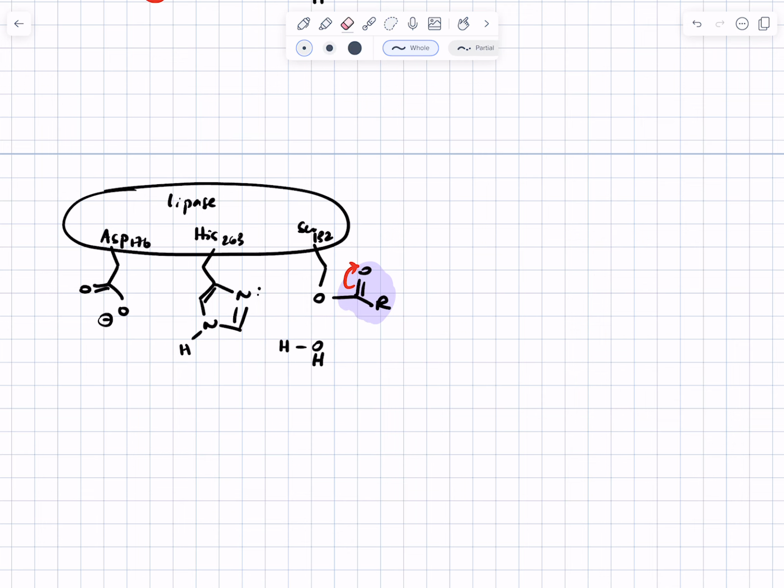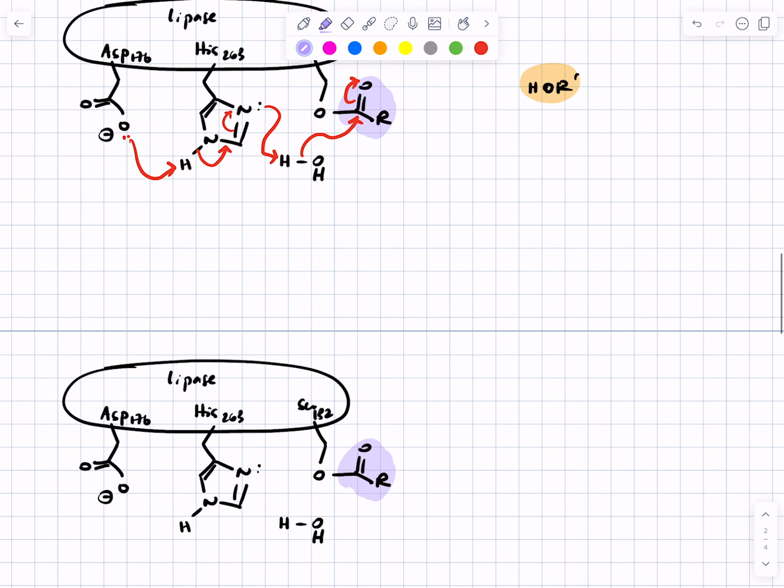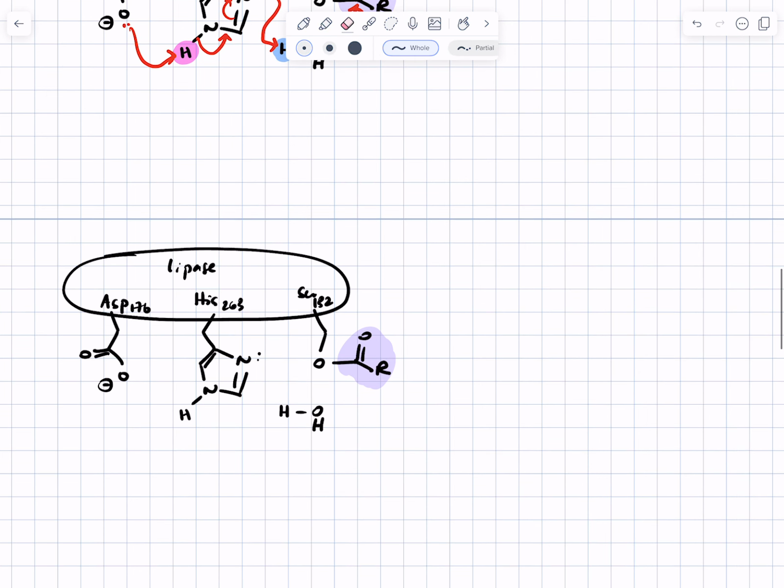So here's again the pink proton, and we'll make the proton on water blue. After that reaction, the pink proton is on the aspartic acid. So in particular, it's that pink proton that just gets traded back and forth between the aspartic acid and the histidine. Here's the blue proton from water. And then here is the tetrahedral intermediate that you get when the OH group from deprotonated water attacks the serine-bound